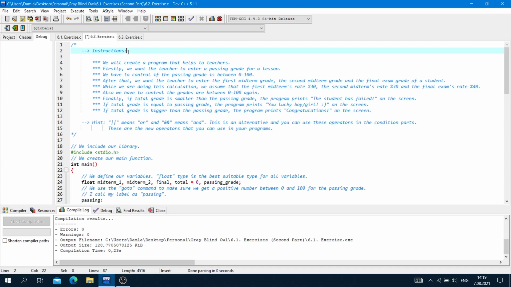If total grade is bigger than the passing grade, the program prints congratulations on the screen. Hint: line means or and ampersand means and. This is an alternative and you can use these operators in the condition parts. These are the new operators that you can use in your programs.